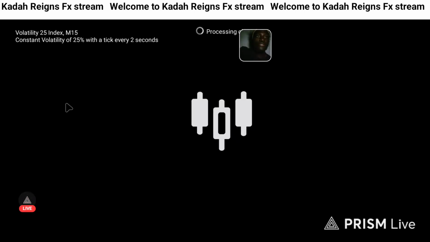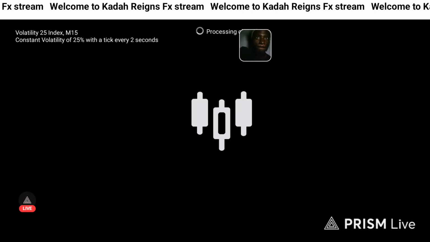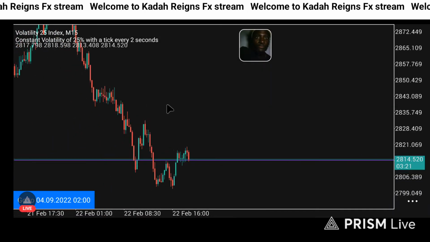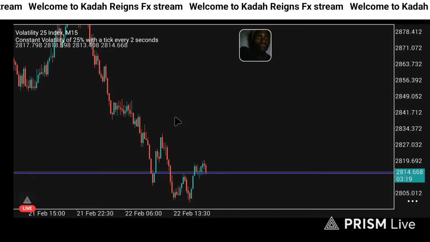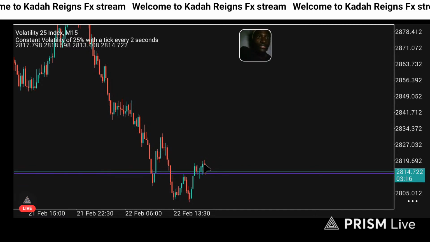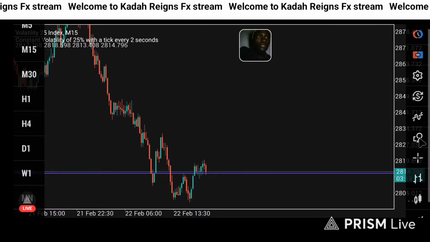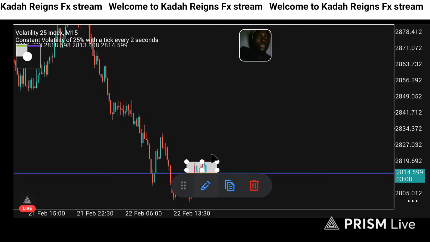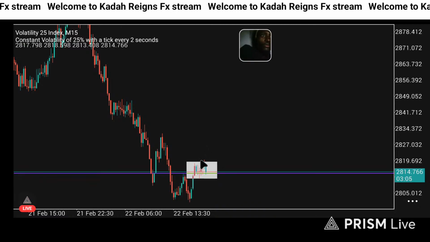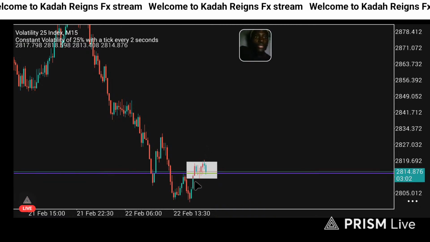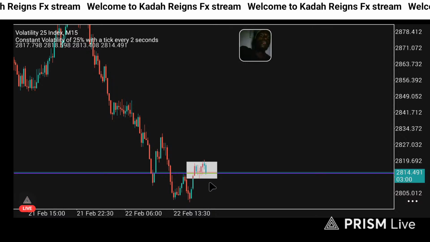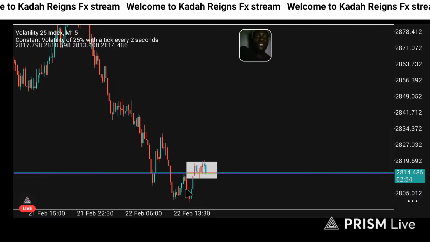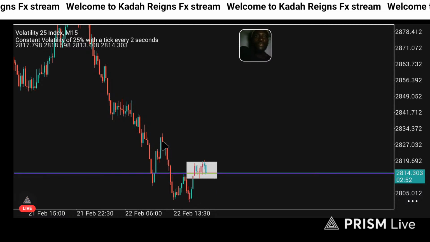Okay, what is the 50-minute time frame saying? See, you don't want to be trading this range. Why? There's a lot of choppiness in this range. You want to be waiting for a breakout, either to the upside or to the downside. It depends on the overall trend that we are in, because this is a very choppy range.